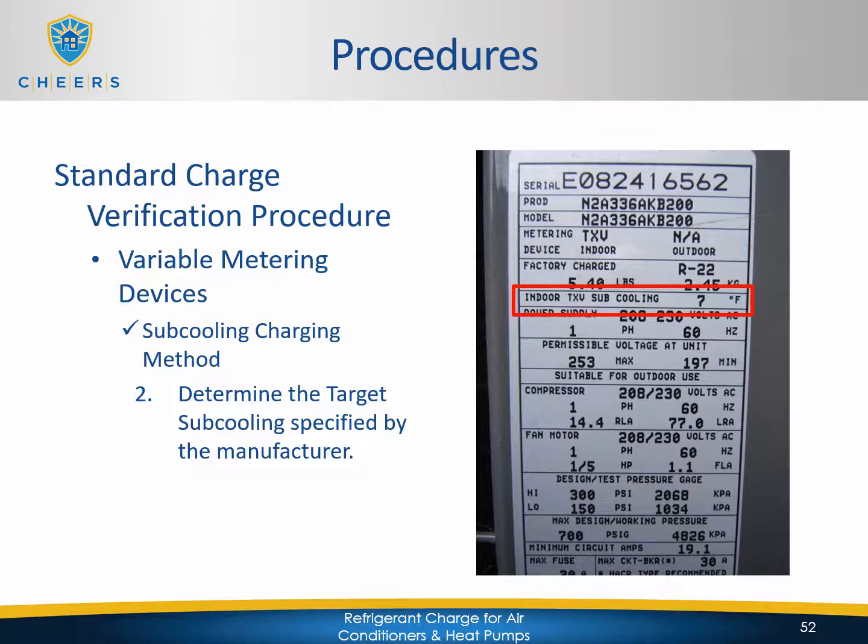Sometimes it just says subcooling, but it's going to give you a value, and that value is generally pretty low. You're going to see maybe 5 to 20 degrees Fahrenheit as your average range. Oftentimes it's right in the middle of that, 10 to 13 or so. In this example, you can see it's 7 degrees Fahrenheit, but that's where you're primarily going to find your